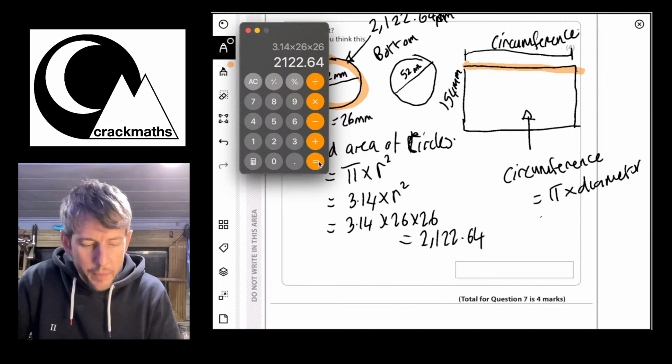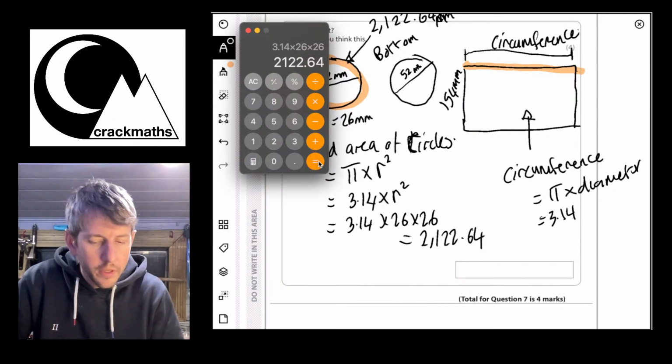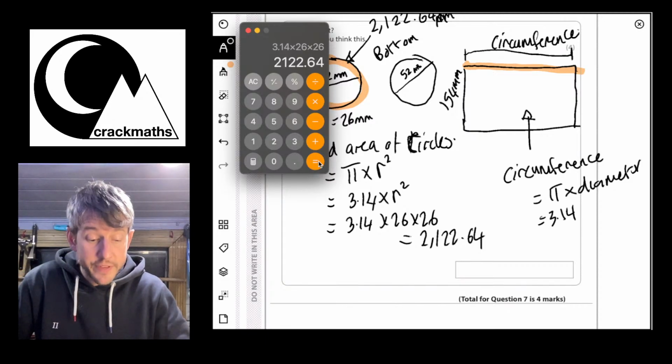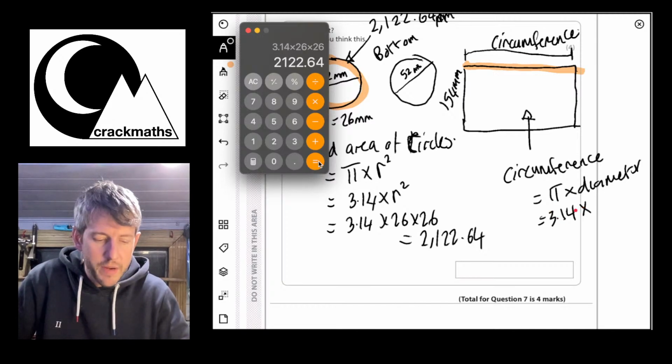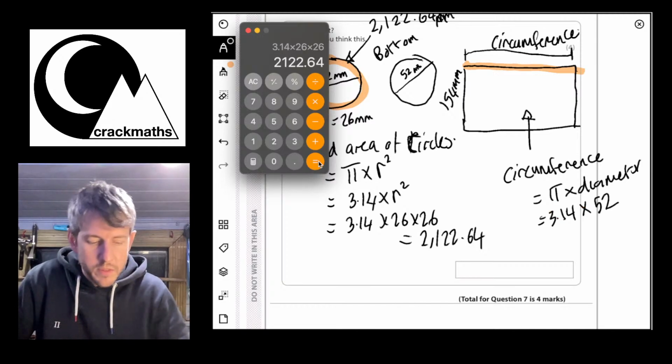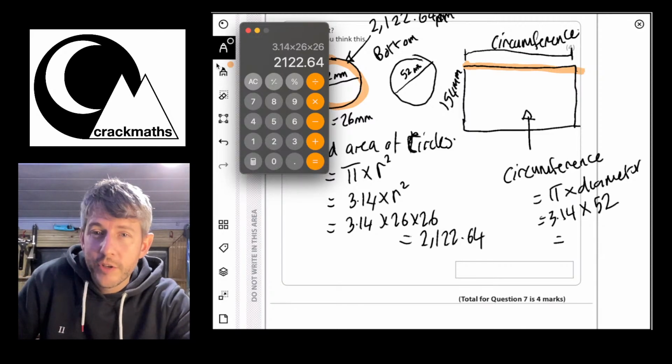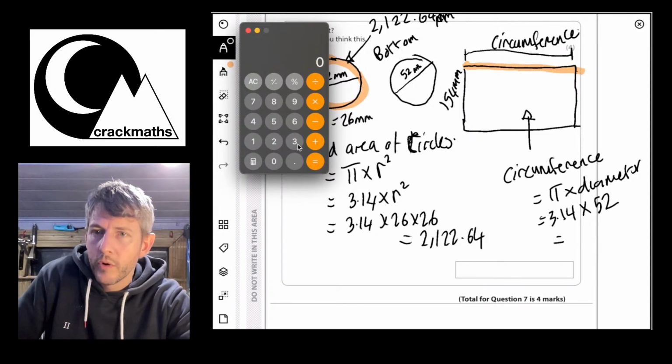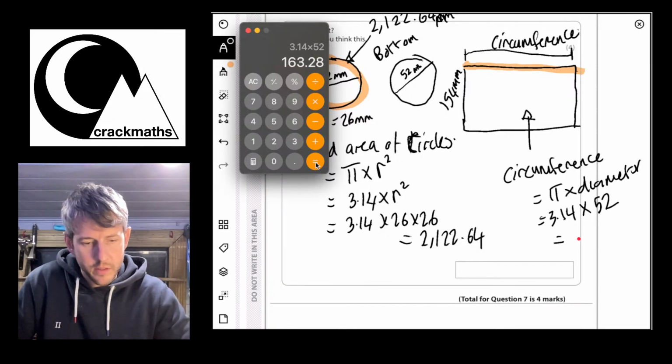Okay, so remember we've got pi is 3.14 and we were told the diameter is 52. So in this case we're doing 3.14 multiplied by 52, and that equals